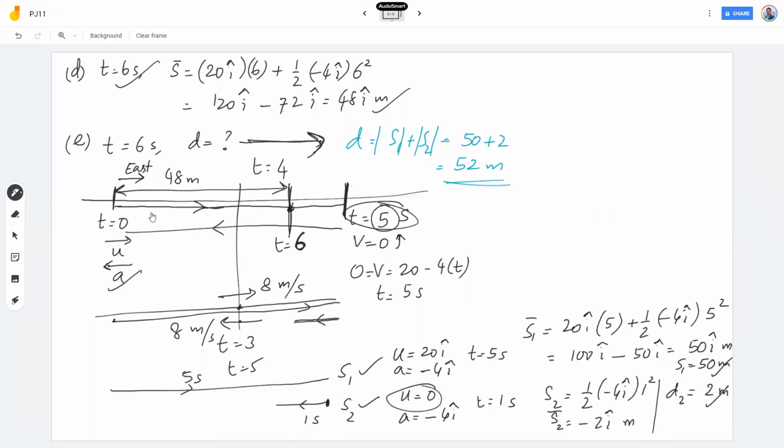Ashwin says, sir, why the acceleration is opposite side? It is given. What do you mean opposite side? It is given in the question. Velocity was eastwards, acceleration is westwards. Opposite. Raj asks, displacement is equal to time. No.